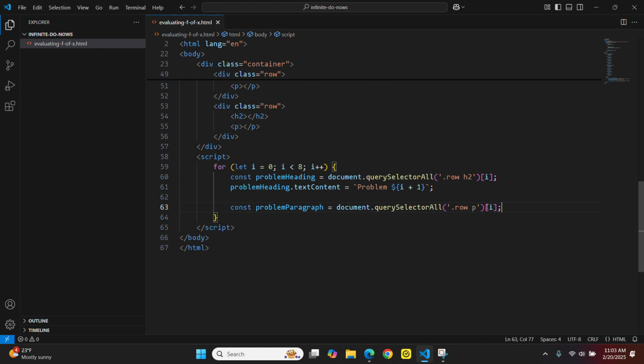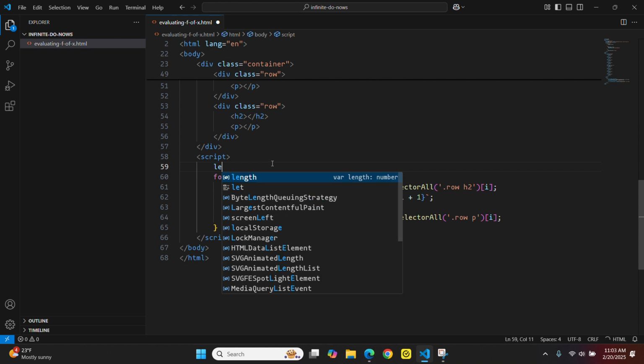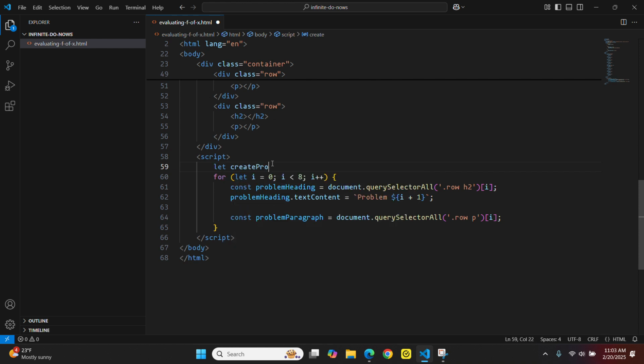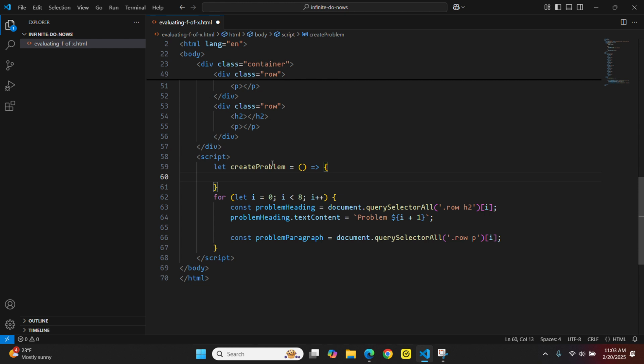but just being consistent. Okay, so now I want to create a function. So I'm going to go outside of this for loop, right below the opening script tag, and I'll say something like let, and we'll call it createProblem. It'll be an arrow function. So it equals this open parentheses here, and we do this equals and the right bracket there to create an arrow. And we're going to want to return the problem. But we've got to have what we're bringing into the problem here. So we're going to have